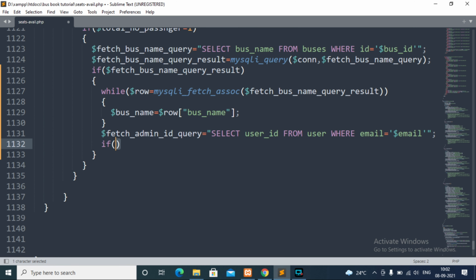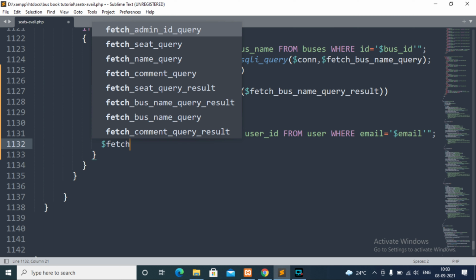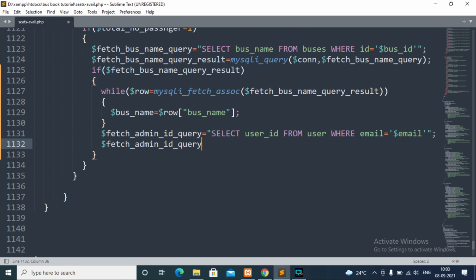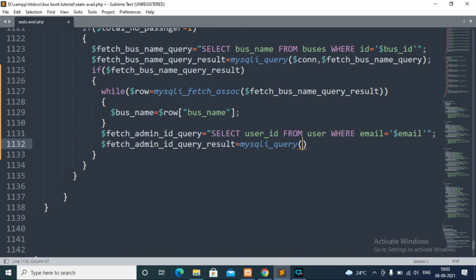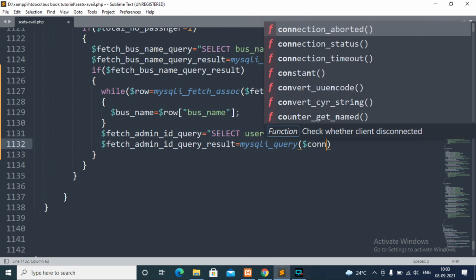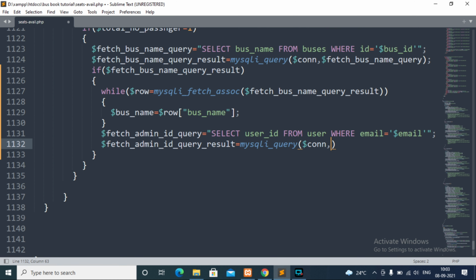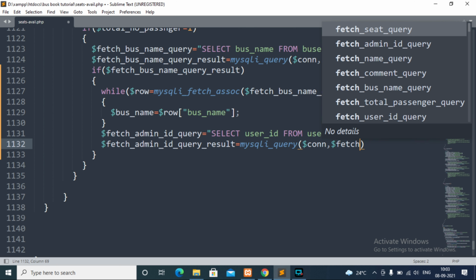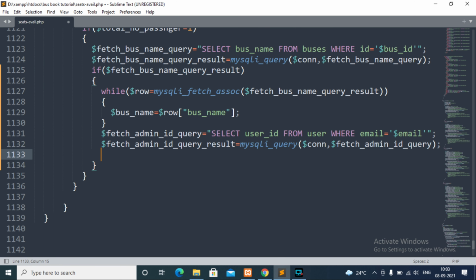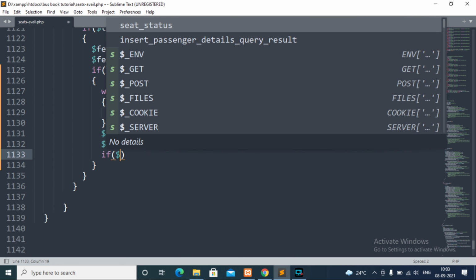Now fire this SQL query using the MySQL query method and store the result inside the fetch admin id query result variable. As you know, the MySQL query method accepts two parameters. First is the connection variable and second one is the SQL query variable. Now if this boolean returns true,